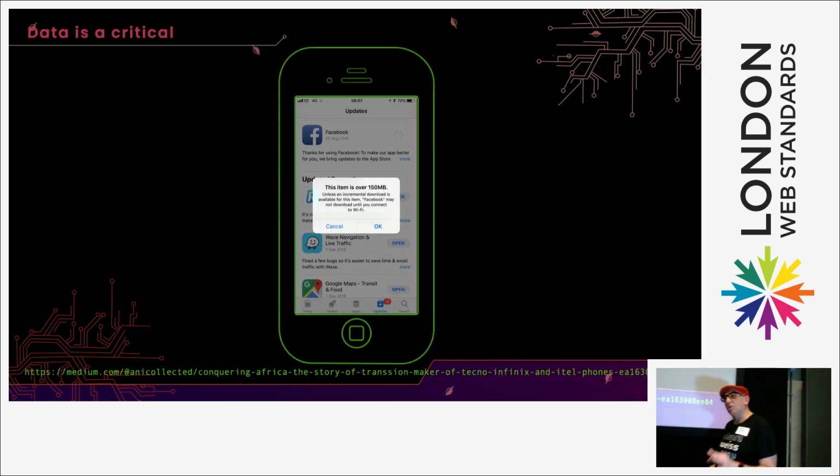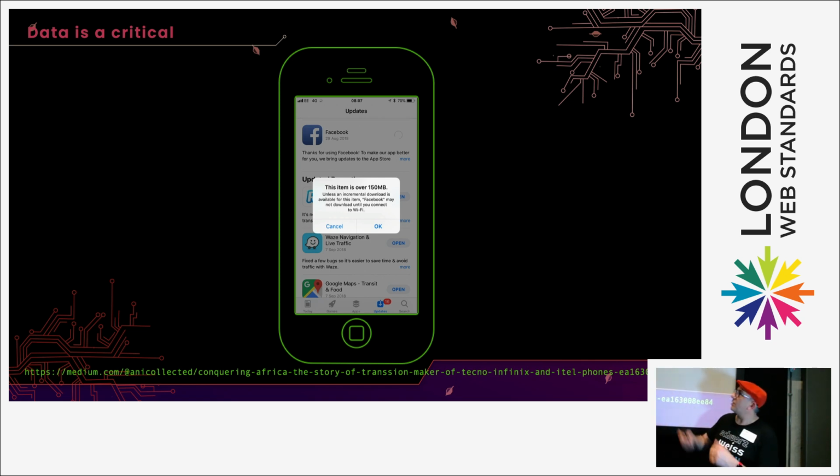Data is absolutely critical. We are very, very fortunate and we are rich people. You might think, oh my God, I'm a student, I've got a massive loan, I am not very rich. Compared to some people in the world, you are still rich and you can afford data. Some people have multi-SIM devices. One, because they need to be able to make phone calls and this package costs this much, and one for data. Different countries, people have different amounts of data.